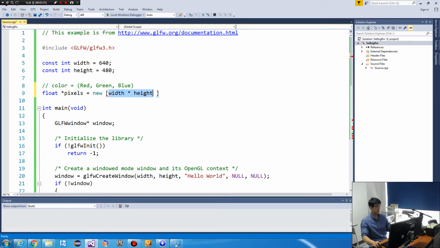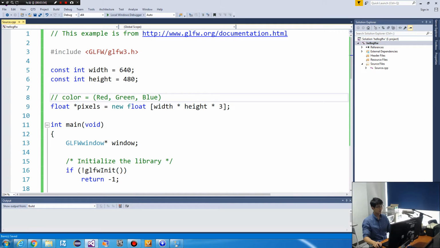Okay, and each pixel should have red, green, blue components. So let's use 3 here. Float. Okay. And we dynamically allocated memory here to this pointer.